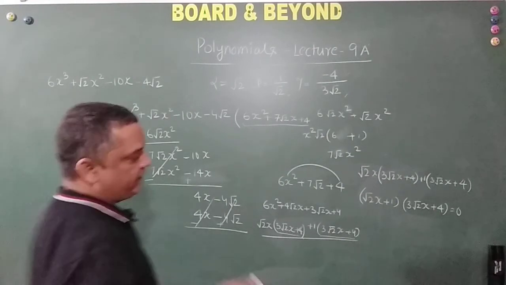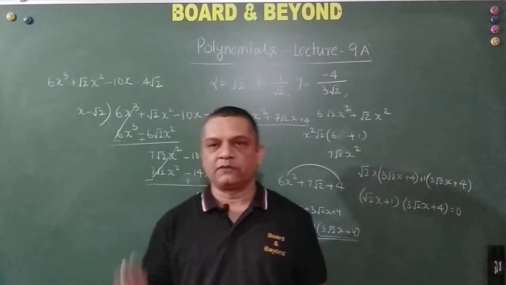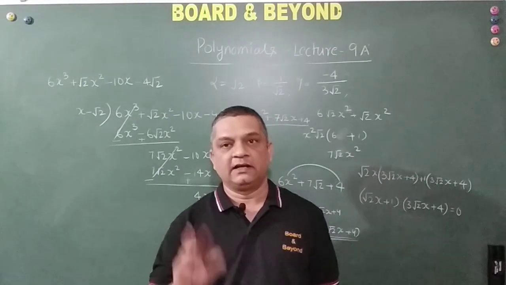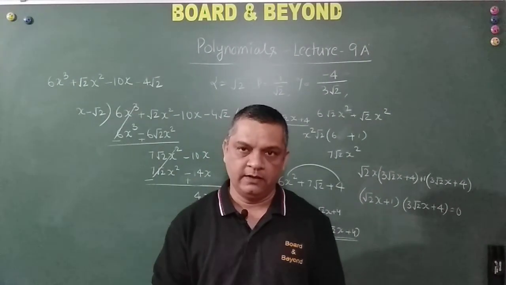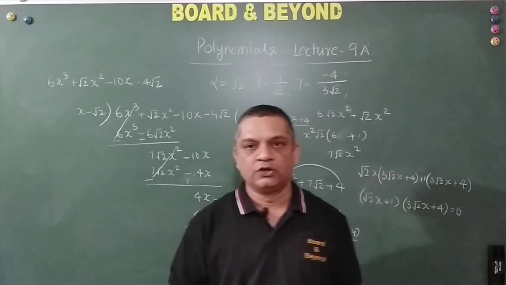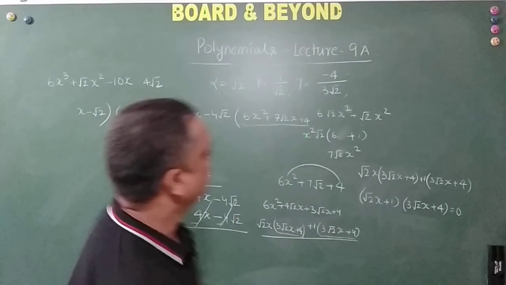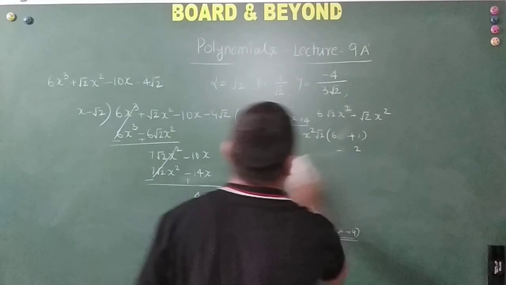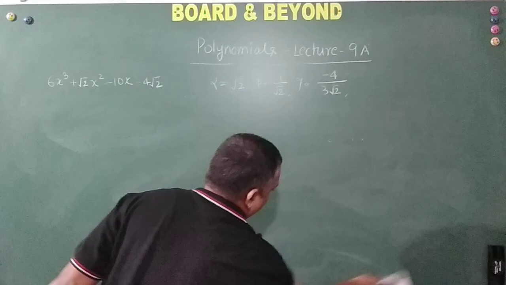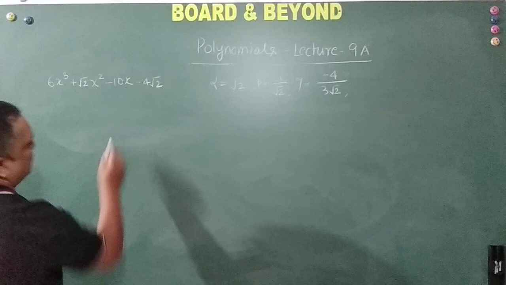And then what you can do at your leisure time is verify the relation. Actually that was not asked in the question, but you can verify alpha plus beta plus gamma, and then alpha beta, beta gamma and alpha gamma, and then alpha into beta into gamma. So quickly, just to recap, I'll just write the relation. I'm not going to verify it here. That is a small exercise for you. So how much is it, friends?